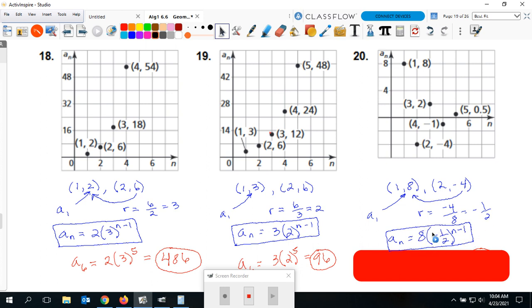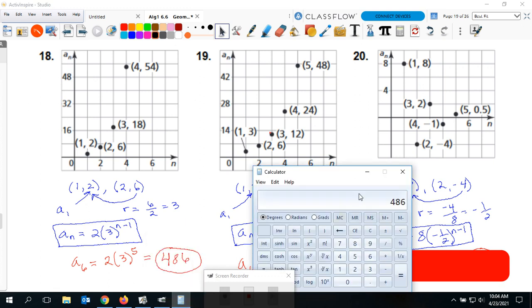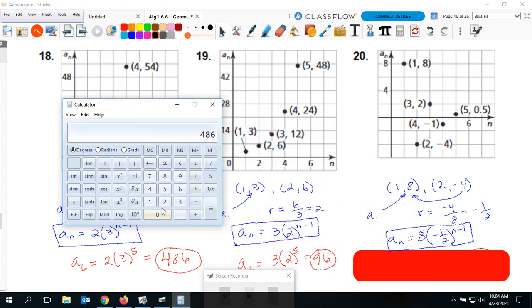First term 8, common ratio -1/2, n minus 1 is your exponent. And again, we're going to put in 6 here, and so we have to use our calculator probably on this one. We could do 1 divided by 2, and we could even make that a negative. See, that didn't work out there. Put the negative behind it. So sometimes you've got to be careful there. You could also do 0.5, and then negative. There it is. So you could do it that way,